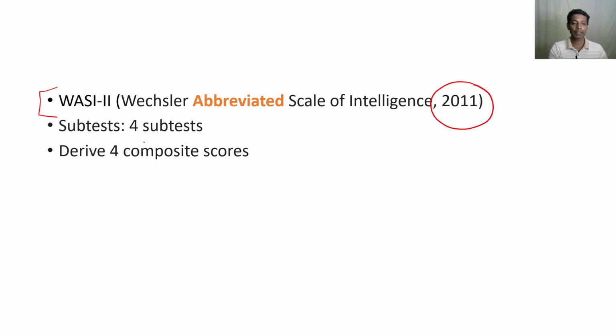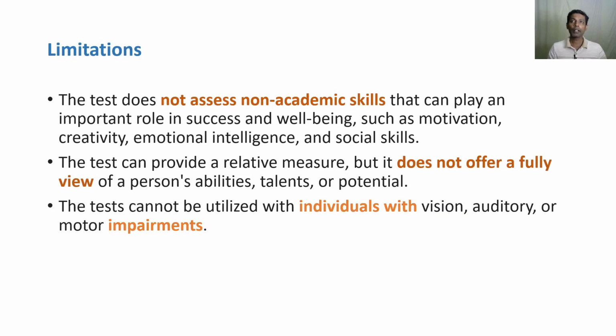It has actually just 4 subtests, and it derives 4 composite scores. It's an abbreviated, shorter version of the WAIS, in fact. Now, what are the limitations of this Wechsler Adult Intelligence Scale? One is